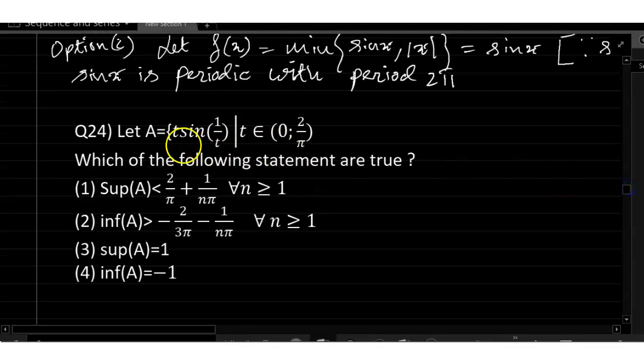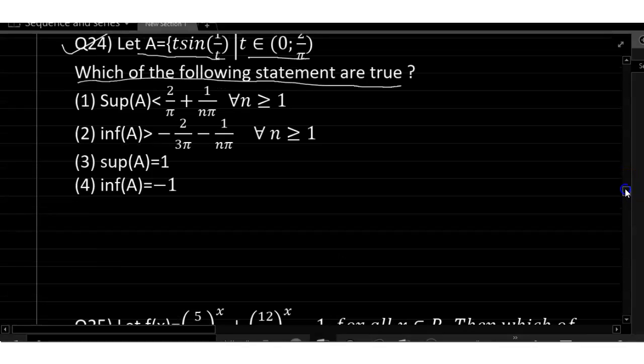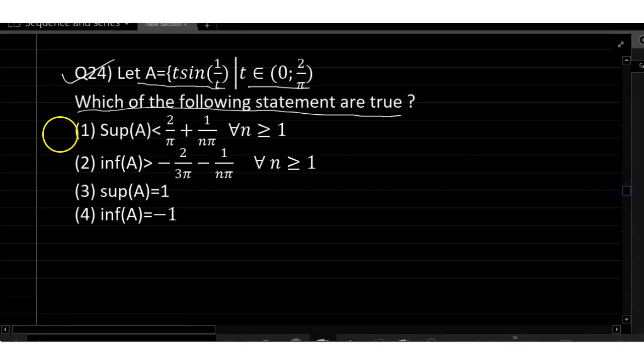Question number 24. Let A be the set of t sine(1/t), where t belongs to (0, 2/pi). Which of the following statements are true? Supremum of A is equal to 1, infimum of A is equal to 1. So my A equals t